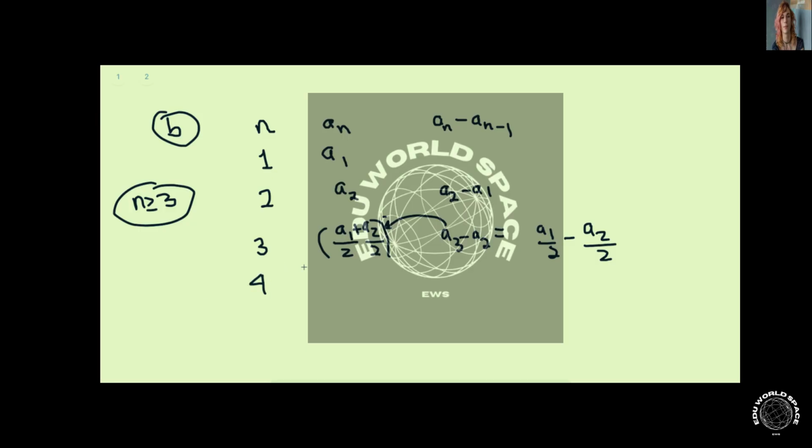Do one more value here. Now I have a4, and I can go ahead and use the formula. So a4 is a3 plus a2 over 2, and then I know a3 from over here. So after simplifying all of that and writing it in terms of a1 and a2,